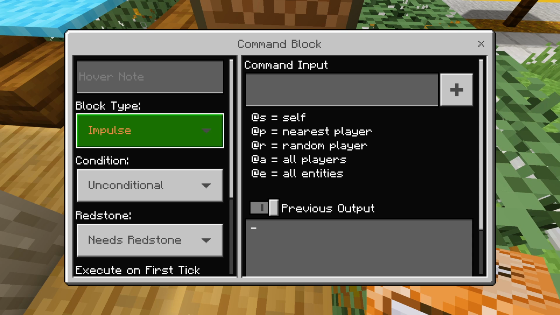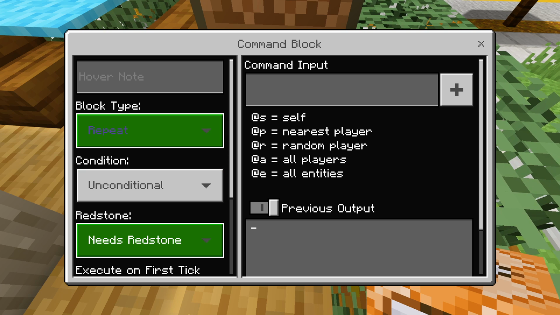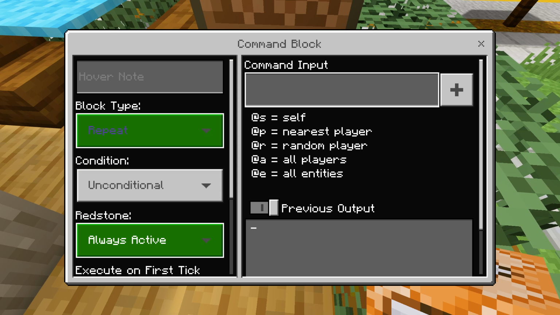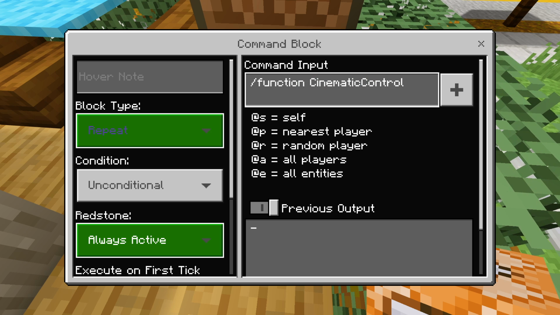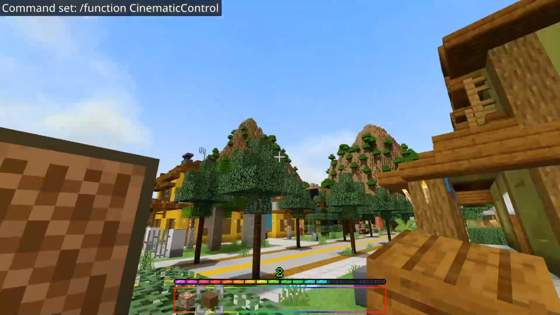After placing it, you want to go inside your command block and change the block type to repeat, and then change the redstone to always active, and then you want to type in /function cinematic control. And yes, both of these words have to be capitalized for this to work. And after you type that in, go ahead and just seal it off so this doesn't show up anywhere in